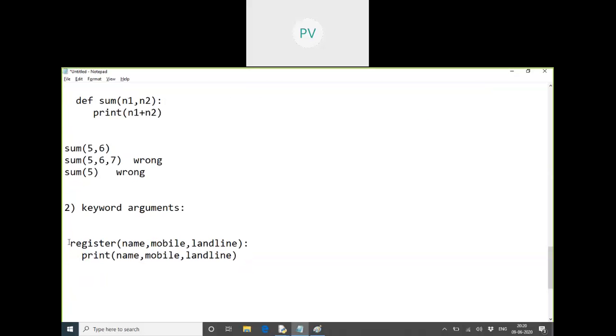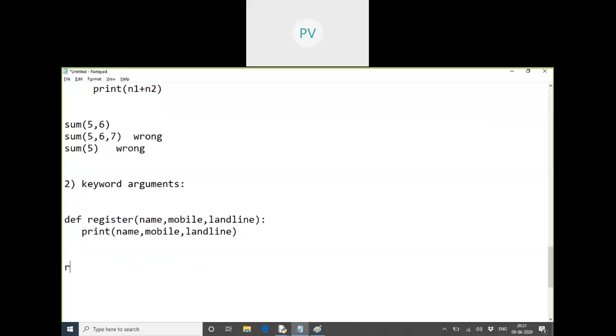So here I am defining a function whose requirement is how many variables right now? There are 3 inputs required. But what am I expecting first? A name, a mobile and a landline. So when I call the function, how do we call this function generally? We have to pass the values directly. So by mistake, if somebody gave them in a different order, will it give any error? No, ma'am. It will only say that name is tech, mobile is 422 this one, and landline is this.